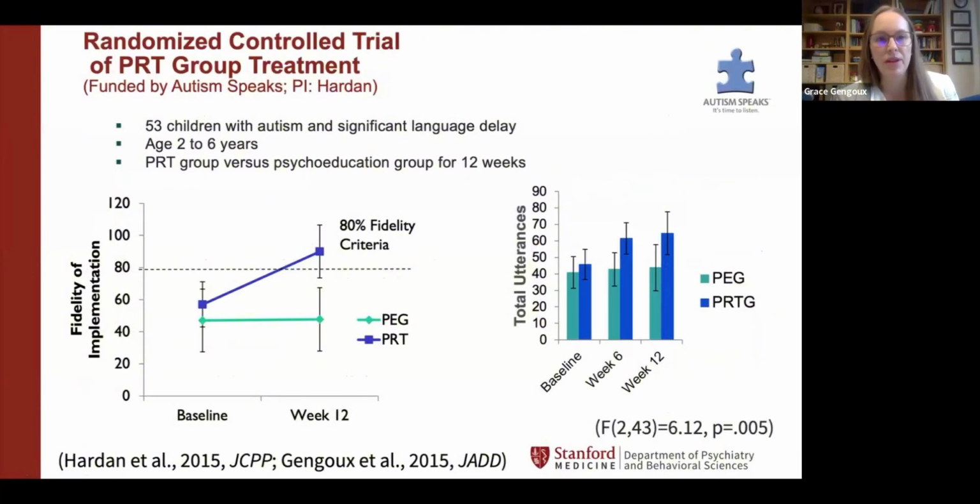These are in partnership with my colleague, Dr. Antonio Hardin. A number of years ago, we completed our first randomized controlled trial of PRT, testing out a group method for training parents how to deliver PRT. And we did this with 53 children with autism who had significant language delay, 2 to 6 years old. And the parents were randomly assigned to either a PRT group versus a psychoeducation group where they learned about autism,